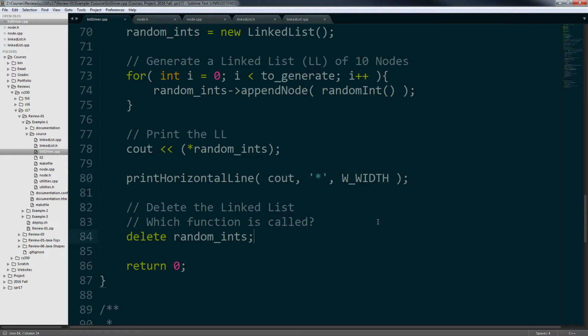Now, I need to clean up after myself. I need to delete the linked list object, so I'm going to take that pointer and call the delete operation. I then get down to return 0 in my main function, and I know, based